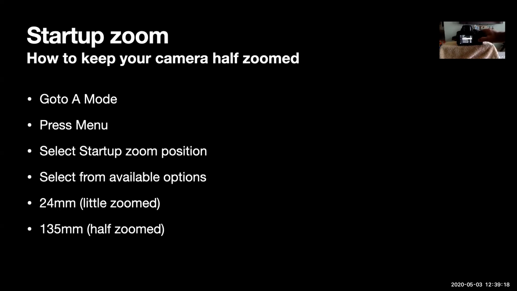So if you click OK, there are various options available. Single is basically when you click the shutter button, it will take one photo at a time. Continuous H is around 7 photos continuously, like a machine gun. And then L is slower than that, I think three photos per second or something like that. The 120 frames per second and 60 frames per second, I haven't used, but those options are available.